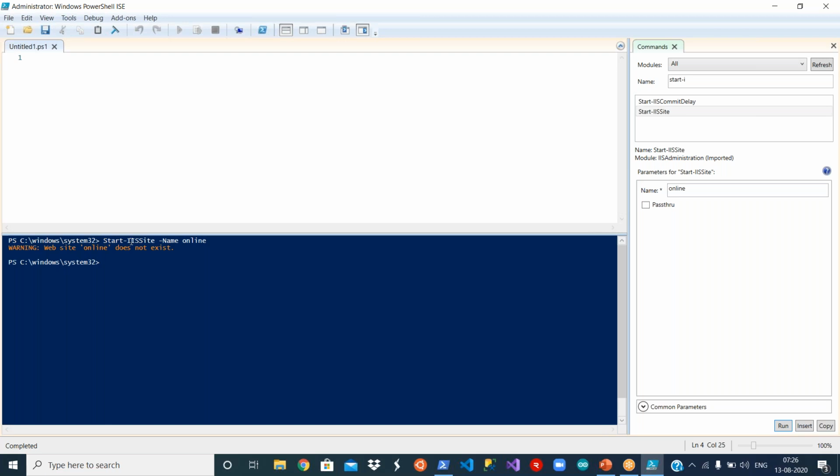The command syntax is Start-IISSite. The cmdlet is here, and then I have to give a switch called -Name, and then the actual variable, I mean the website name. This is how you can easily understand the syntax. Come here and take whatever command you want, and give some information here. Run it, then you will see the syntax. So this is one of the easiest ways to learn command syntax.